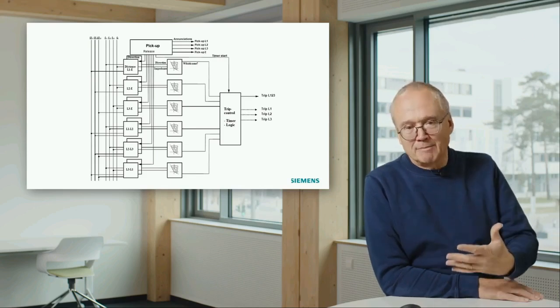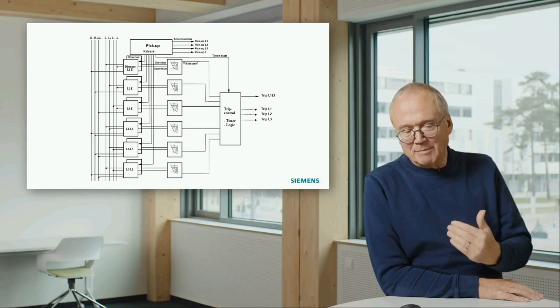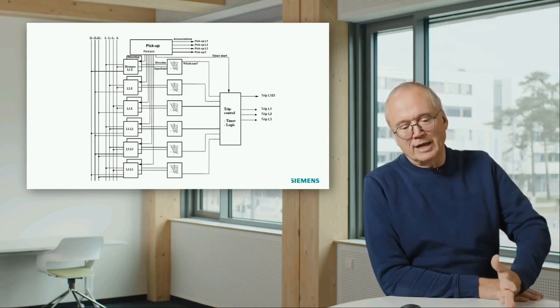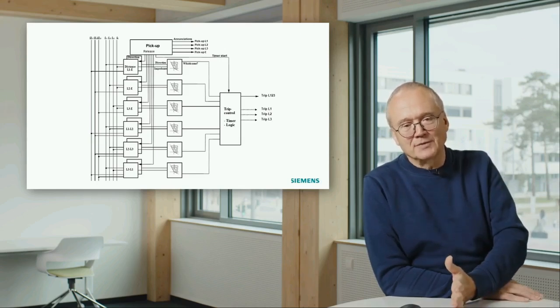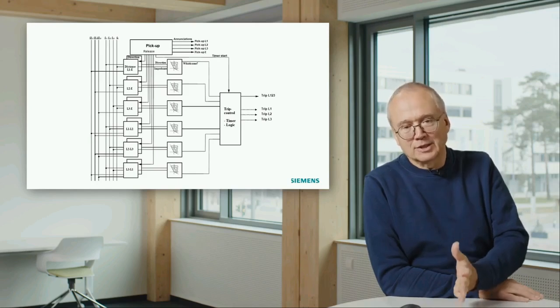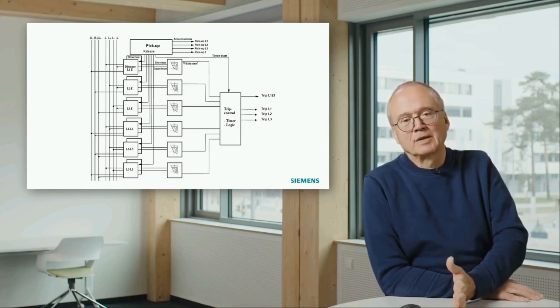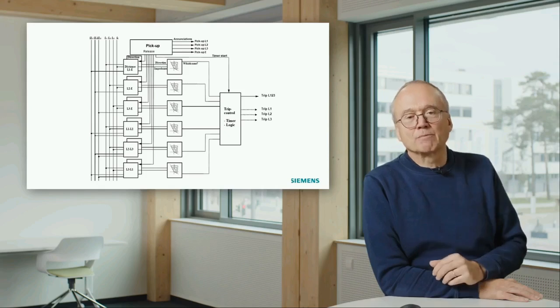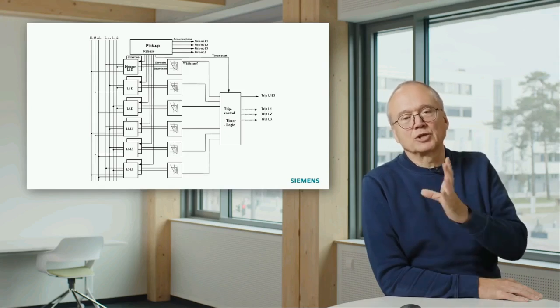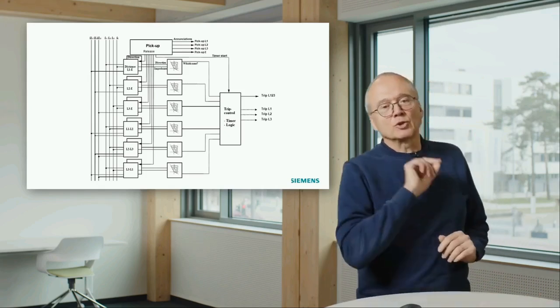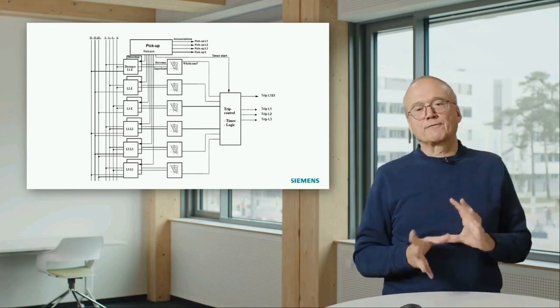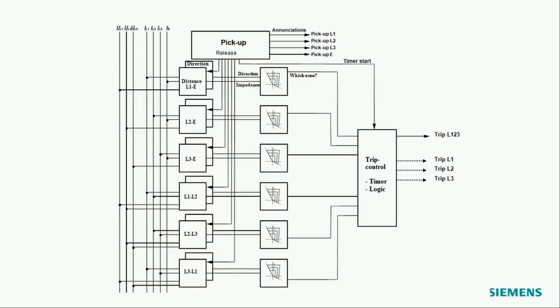There we have the timers. Timers start as soon as an impedance runs into a zone. We will start the timer of this zone. And if we decide to make a trip command, this logic will issue a trip. And what you also see here is we have 2 different options for a trip. The standard thing is if we trip all 3 poles of a breaker.